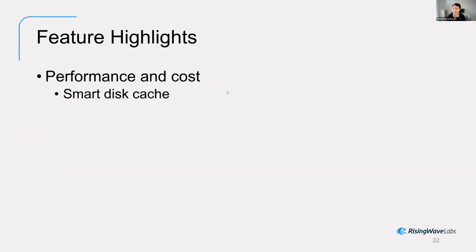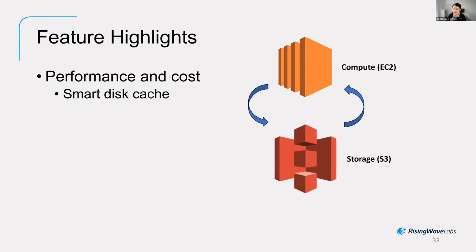Then let's talk about the performance, right? I just mentioned the smart disk cache. So what is the smart disk cache? I want to talk more about that. If you go back to the RisingWave open source version and check out the source code, you will find all the documentation. You will find that RisingWave's key design principle is that it adopts the so-called decoupled computing and storage architecture. So in this architecture, you essentially store not just the data, but also internal states, right? Let's say that we do a two-way join. If you want to do joins, you essentially need to maintain the internal states, which are essentially the